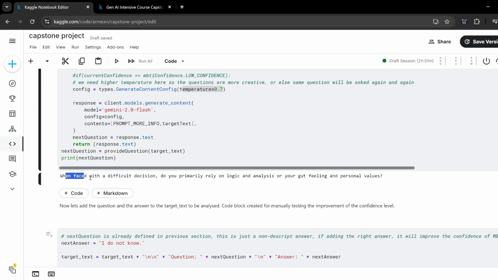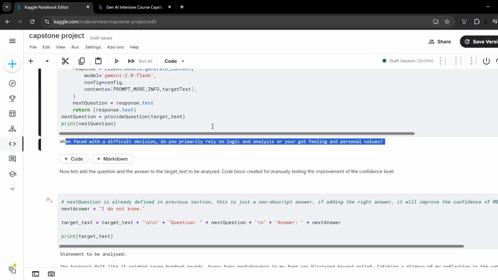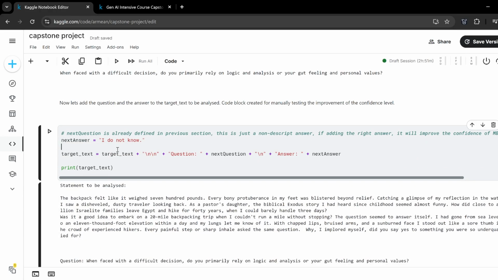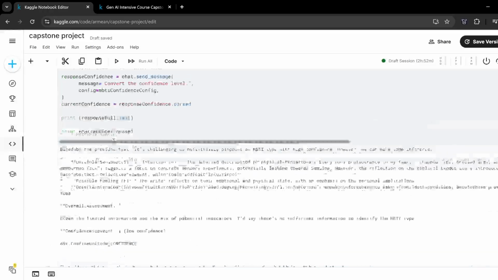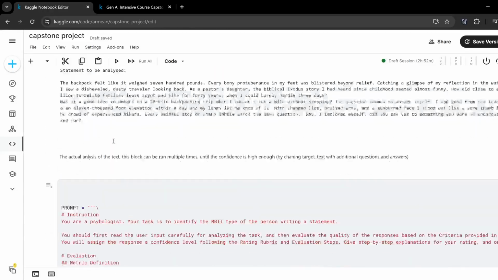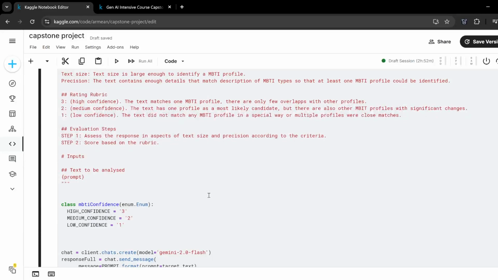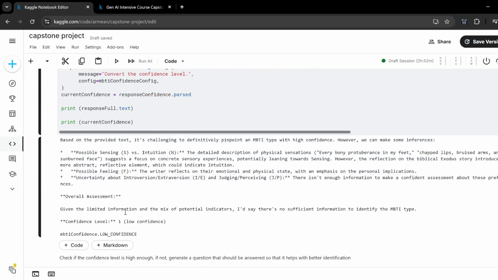The question he generated is this one. Fair enough. The next code block is part of showcasing the few-shot prompting, where you can, based on the previous question, write in an answer as you see fit. The answer will be appended to the target text, and you can then rerun the analysis,